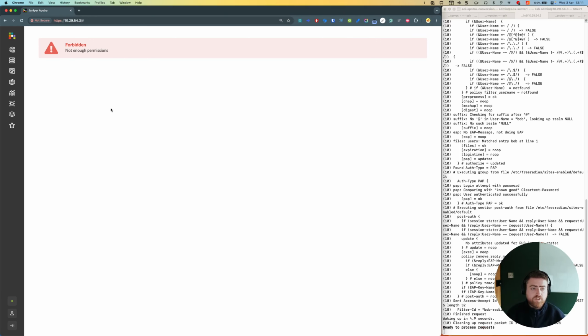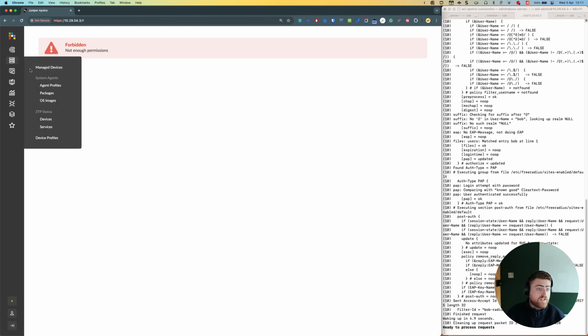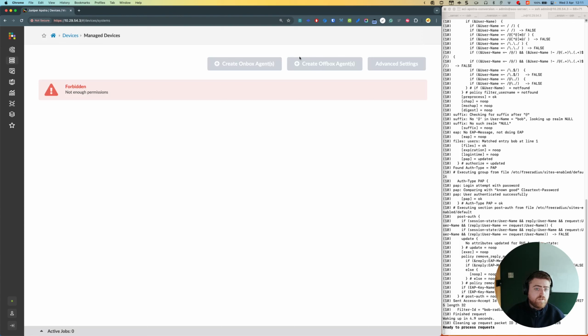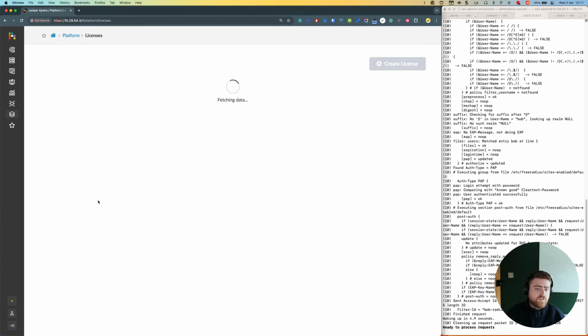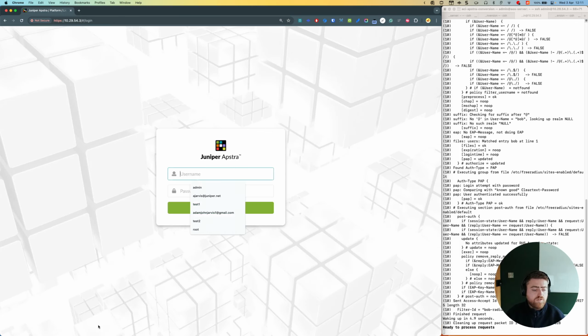And you'll see straight away that we get forbidden, not enough permissions, because we can't look at, so normally in Apstra you land on a blueprints page, you can't look at that. Manage devices, no. But if I go to platform and I go to licenses, you'll see that I'm able to see the license page. And the same for, if I log in with Alice and test,